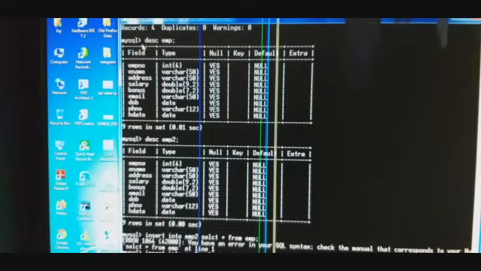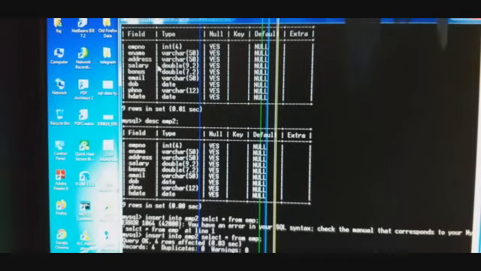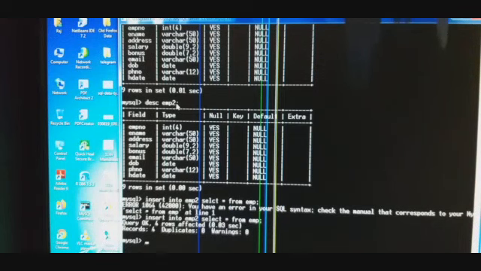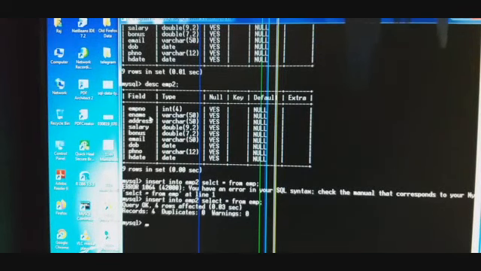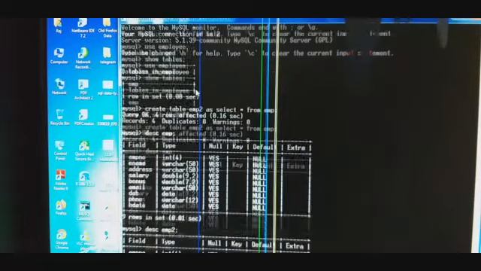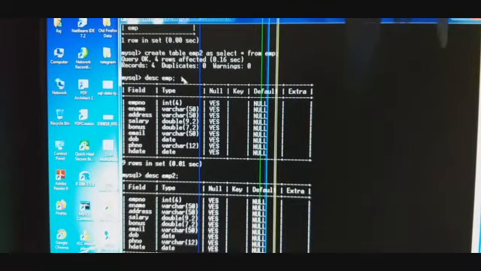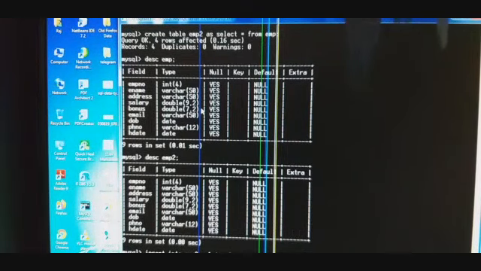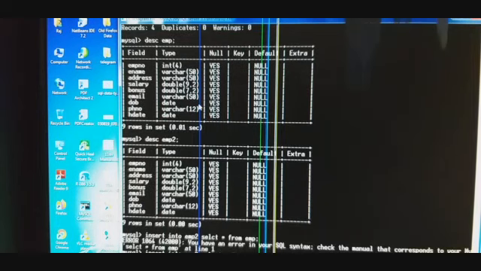Now here you can see the structure of the emp table, and here you can see the structure of the emp2 table. You can see both the tables have the same structure, and here you can also see that 4 rows affected, which means whatever data the emp table has, emp2 also has exactly the same data and same structure. A copy of the emp table is created with the name emp2. I think it might be clear to you.